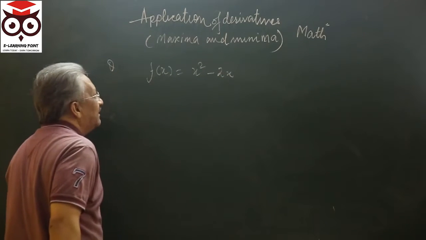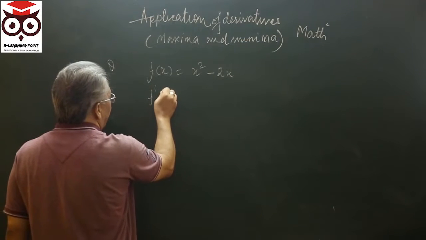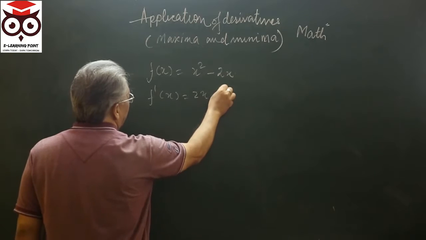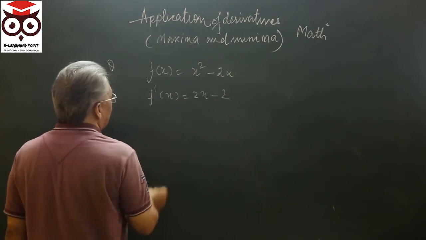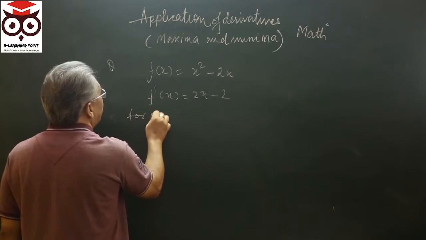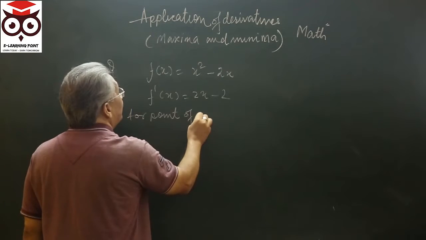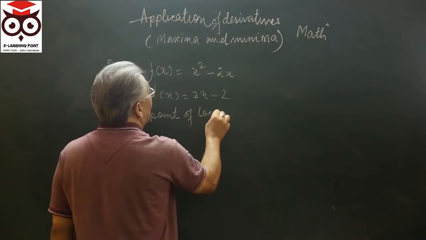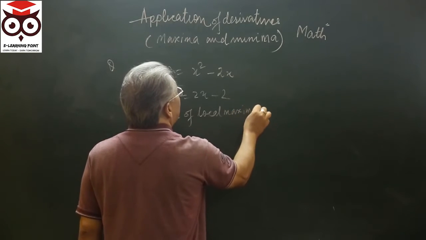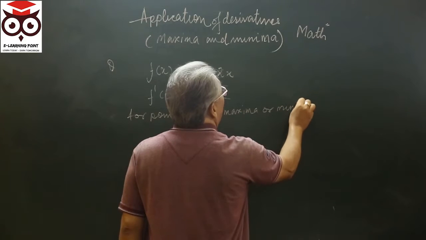So I will differentiate it. This is f dash x is equal to 2x minus 2. So I will write down now, for the point of local maxima or minima,